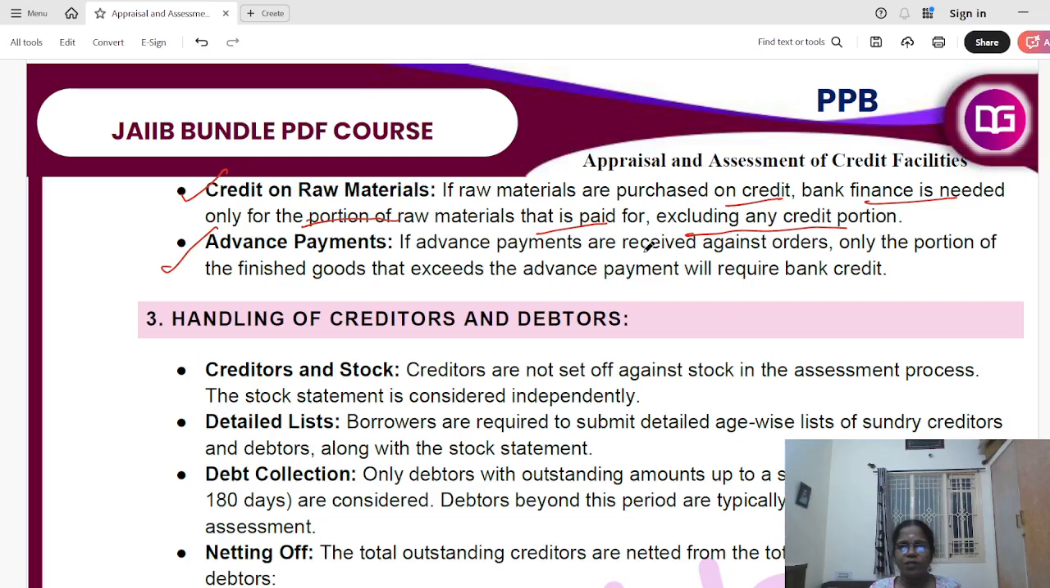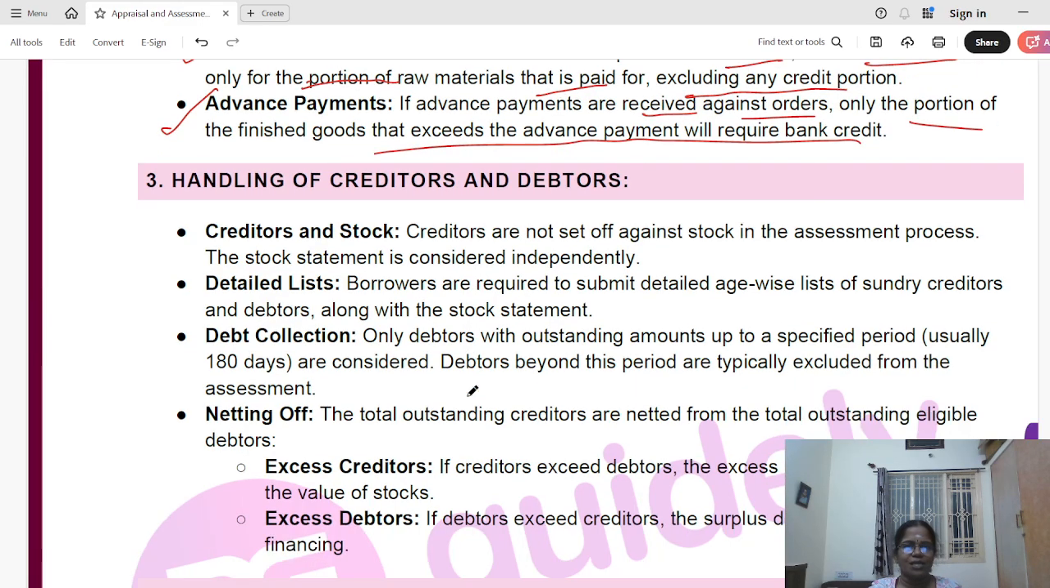Advance payment: if advance payments are received against orders, only the portion of the finished goods that exceeds the advance payment will require bank credit. If they make the advance payment before the finished goods are made, the bank will provide credit only for the remaining portion. Handling of creditors and debtors,